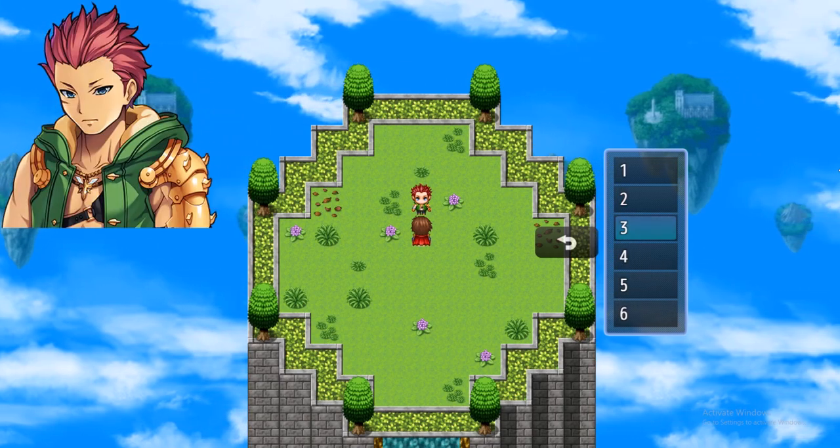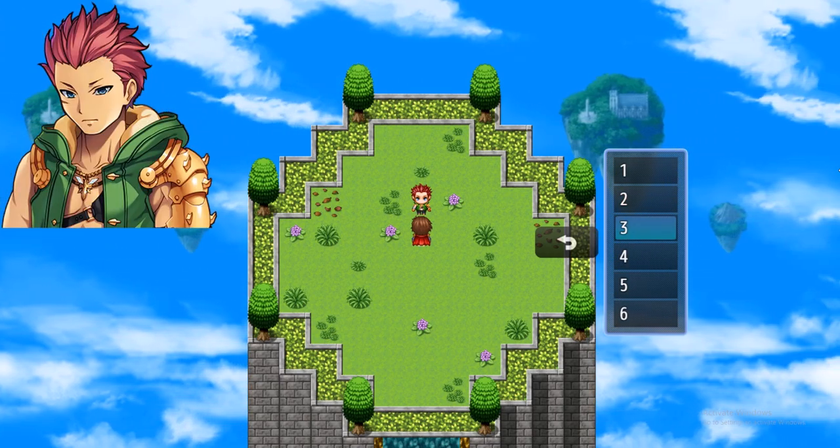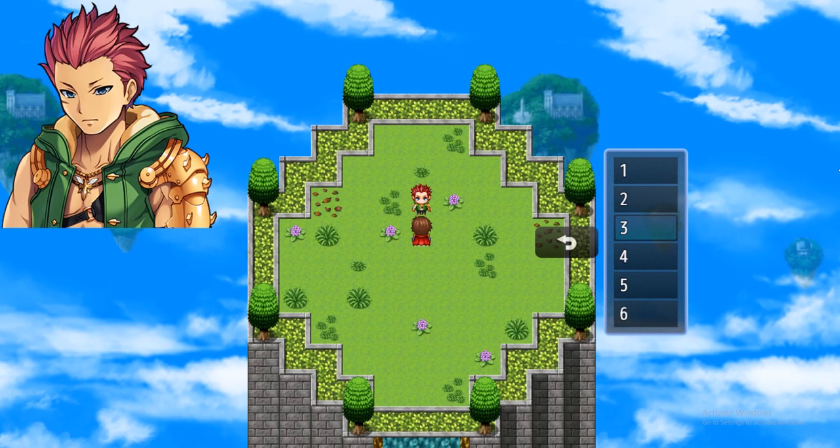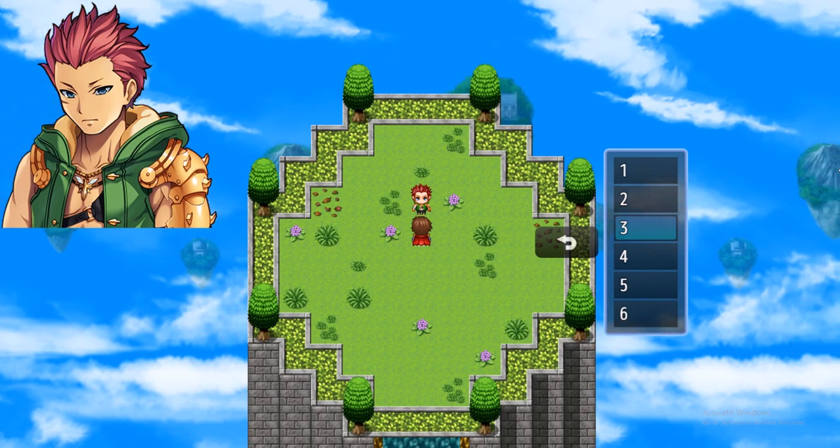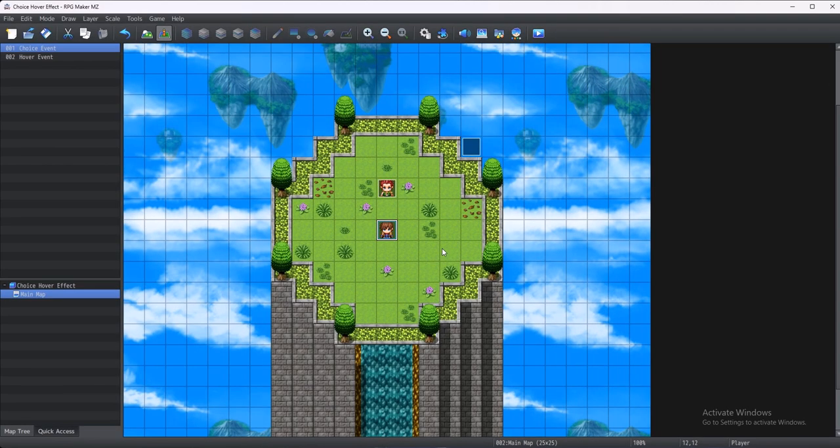And as you can see, the hover effect works. The picture changes with each choice, just like the way we made it in the conditional branch. So yeah, it's pretty cool. Okay, so now we are already in the editor, and the first thing that we want to do is